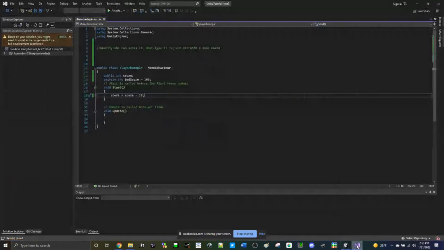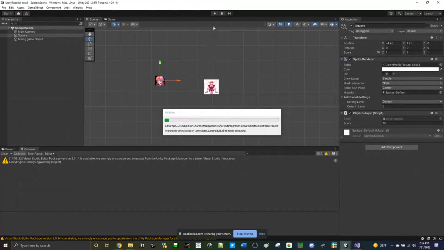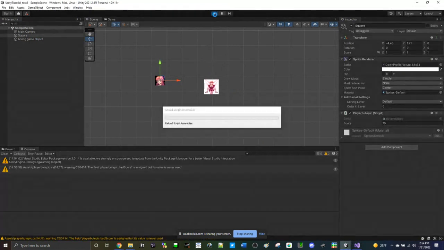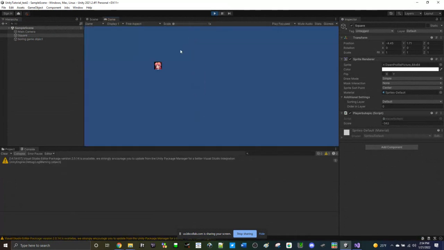As another example, I'm going to showcase the Update function right here. I'm going to copy and paste this code over here, and I'm going to do score equals score minus 1. I'm going to save, because you do have to save in order for it to recompile. I'm going to go back into Unity. I'm going to start reloading script assemblies. The Update function updates every single frame that Unity runs. Ideally, this is 60 frames per second. If your computer starts to lag out a bit more, you won't see this